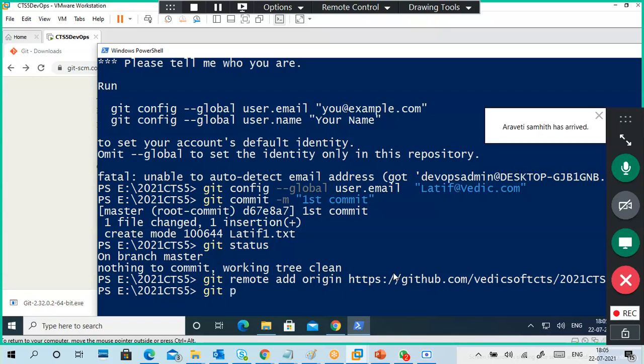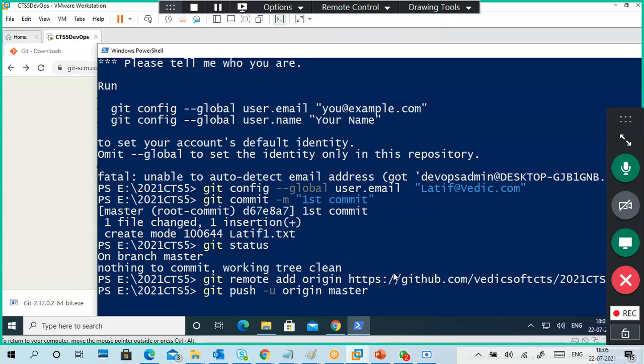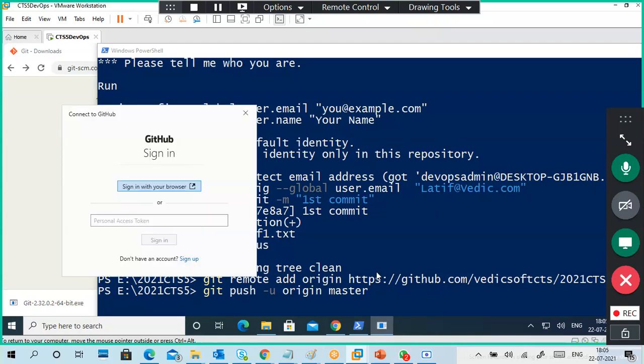Now git push hyphen u means user, so I have to specify which username. For the first time you can put origin master. Later, next time you are committing from your side, you need to specify origin master. Master means branch, and origin is where you are committing. Now it is trying to fetch a notification that you should give a username and password. Just wait for a minute, less than a minute it should show. Yeah, it is showing something.